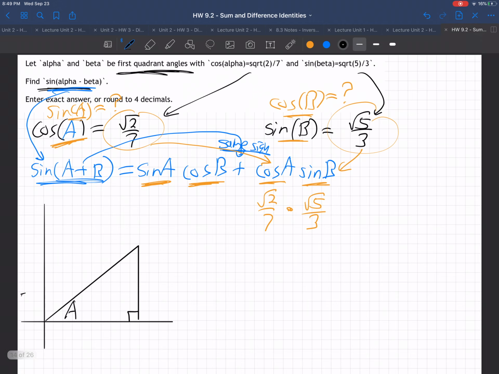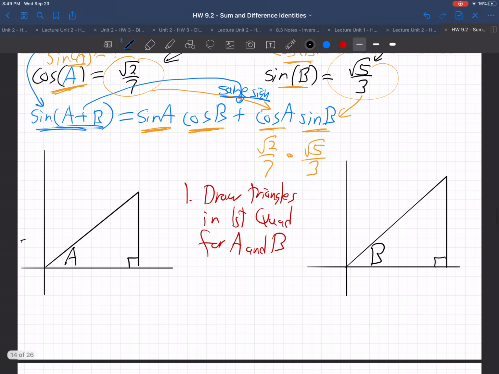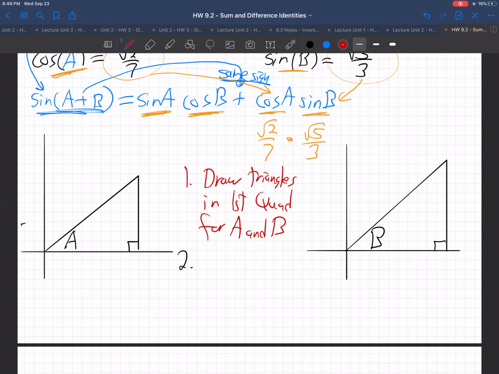Now remember, let me write the steps for stuff. So it'd probably be best if I write step 1, draw triangles in first quadrant for A and B. So over here, I'm going to draw another one. And this one's going to be for B. Okay, so step 1. And then step 2, remember